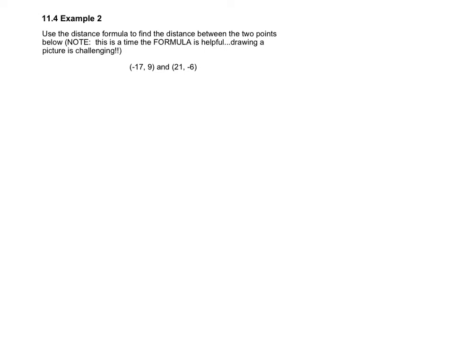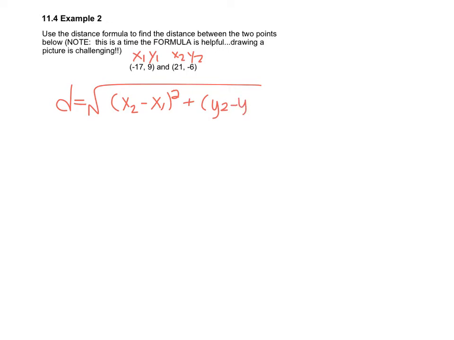Now, something to note about the distance formula and its tie to the Pythagorean theorem is there are times that we're trying to find the distance between 2 points where it's actually pretty challenging to draw the picture. So here's an example. We have points that are very, very far apart, and actually drawing out the triangle is fairly challenging. And if I were to label these as x1, y1, x2, and y2, while I could draw a picture, the best option here is for me to actually use this distance formula. So if you like using the Pythagorean theorem to help you, that is 100% okay. But something to keep in mind is there are times where the distance formula is helpful just because those numbers